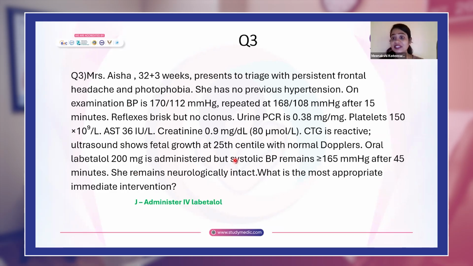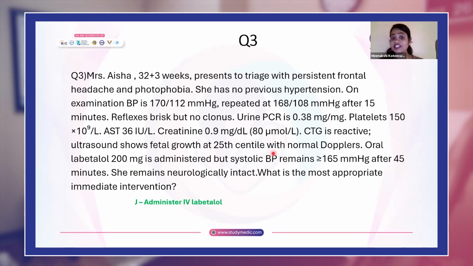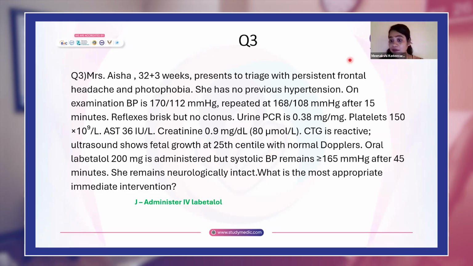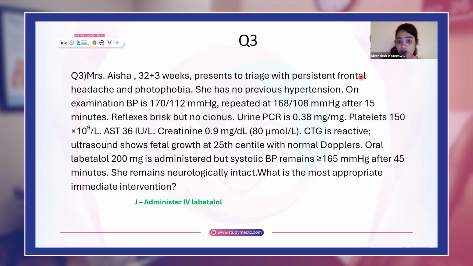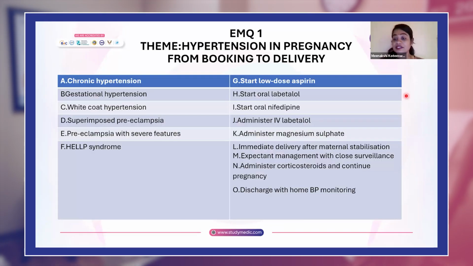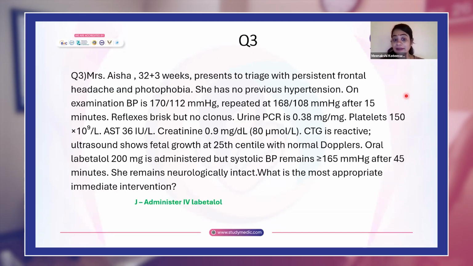First is the stabilization of BP. So you start off by giving the IV labetalol, which is very, very important in this. Firstly, stabilize the BP, and then you can look for her symptoms, whether they are responding. And then based on that, you can go for further treatment, which, if it is still persistent and not responding, then she might be requiring delivery